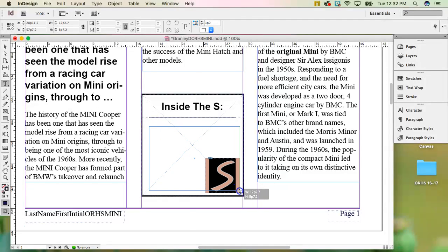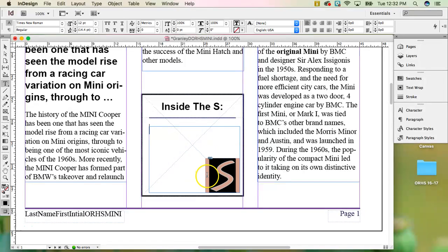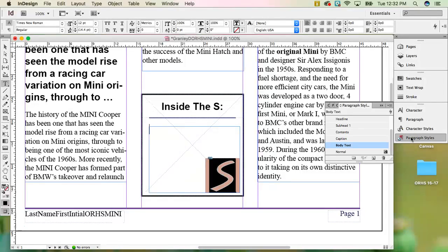Don't worry too much about it. You can include that S logo, that's fine because we do have that text wrap around there, so we won't have any text over that logo. So we know we want this to be contents paragraph style. So I'm going to come over to paragraph styles. I'm going to select contents,